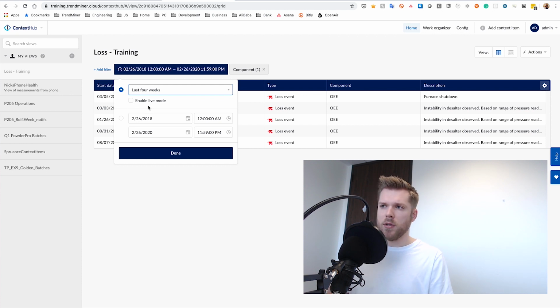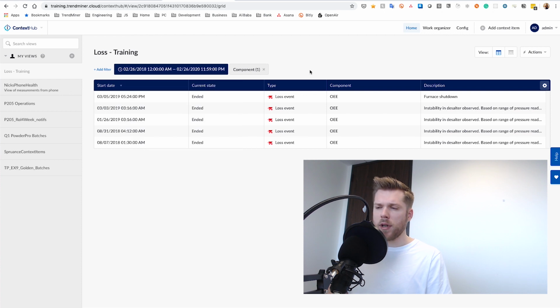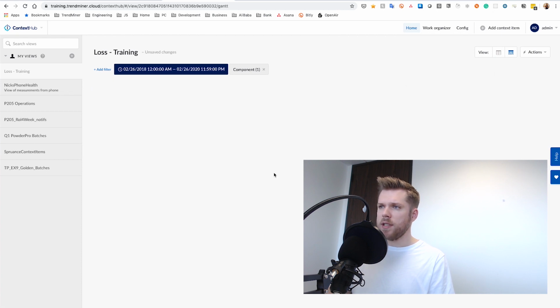Using the monitors and using the live mode, I will now be able to come back to this every time and see what's going on in my process without having to repeat the manual steps that we went through in this video. But in this case, I only have the historic data, so this is where we're going to keep it. And I just want to show you one final step, which is a nice visualization in the Gantt chart,